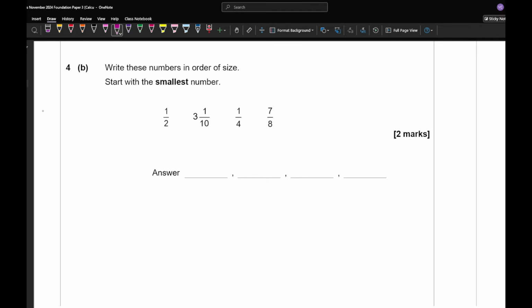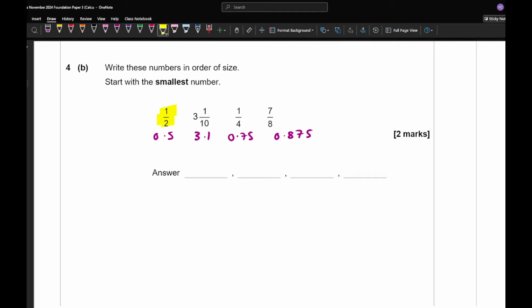So for this, you've got a couple of options. You can convert them into decimals. So this is going to be 0.5. That's going to be 3.1. This is going to be 0.75. And 7/8 gives me an answer of 0.875. So then using either, I would always opt, when these particular questions come up,